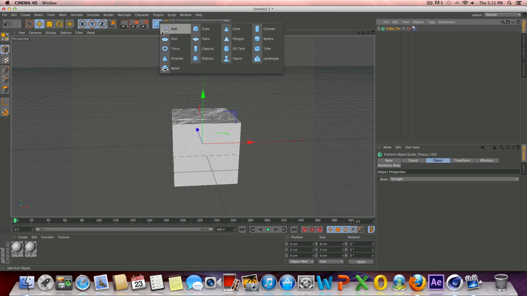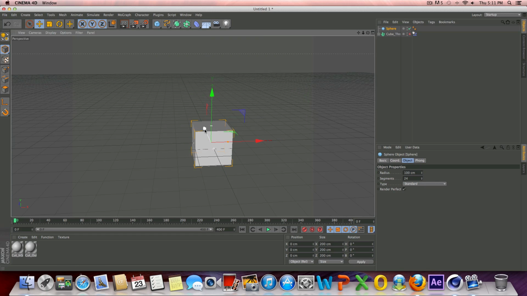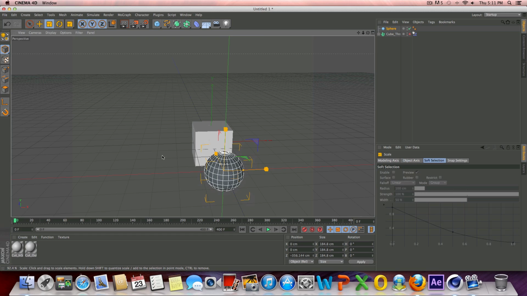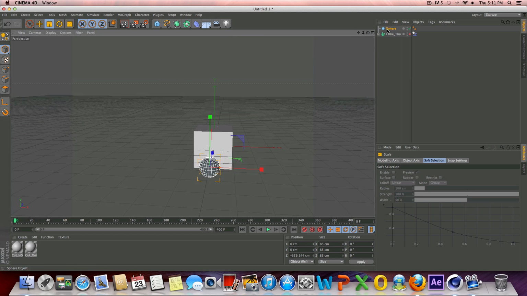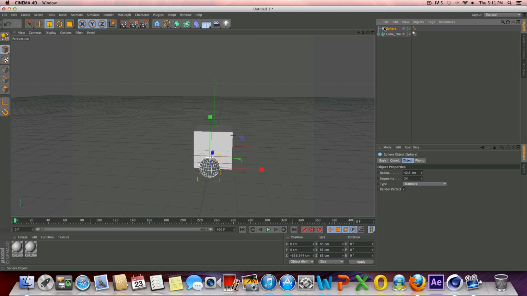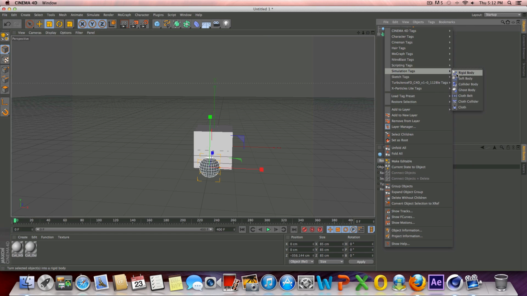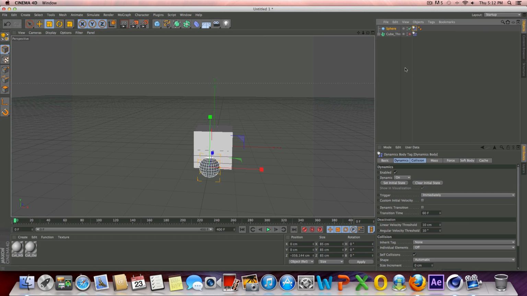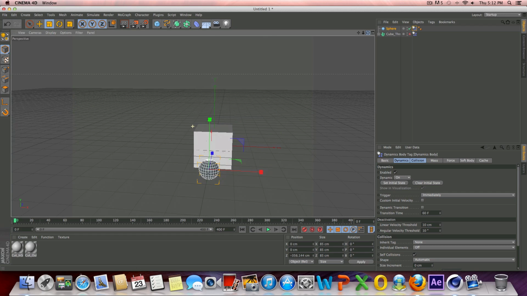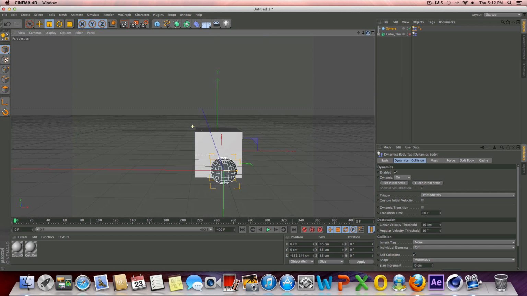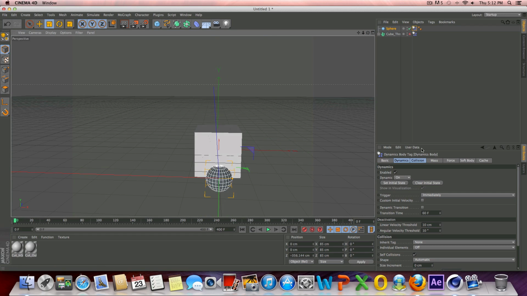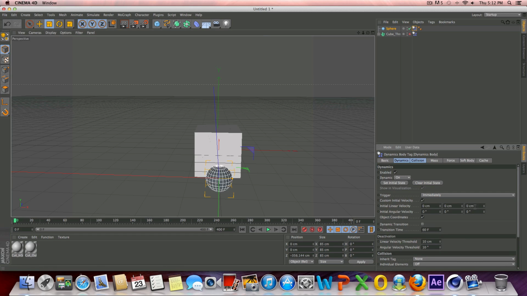Then what we can do is take another object, say a sphere for example, and let's go ahead and right click on the sphere, go to simulation tags, go to rigid body. And guys, right now I'm just kind of demonstrating what this plugin does and how it works in case you don't already know. If you already know how this works, go ahead and skip ahead in the video. Anyways,